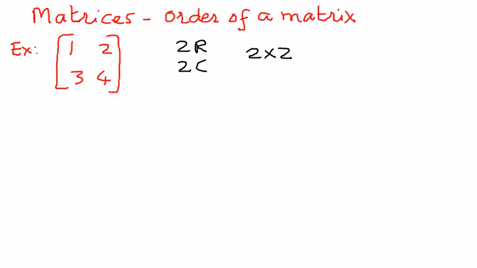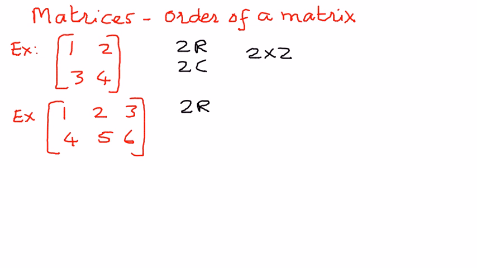Let's take another example. Let's say we have 1, 2, 3, 4, 5, 6, like that. So we have two rows. Let me write in black here so you can see better. You have two rows and three columns. So therefore this would be a 2 by 3